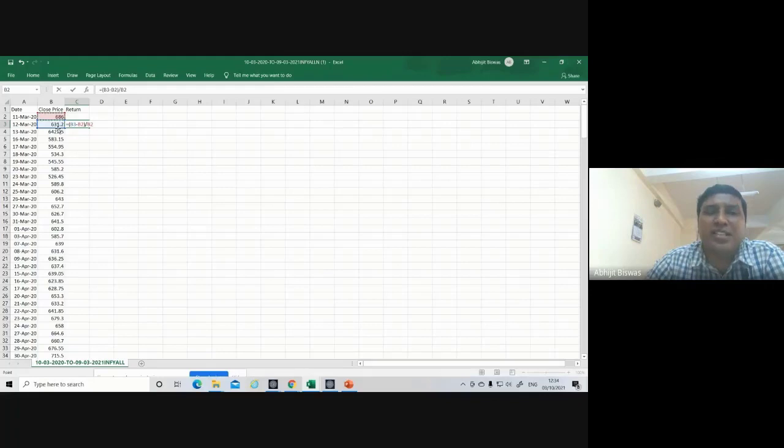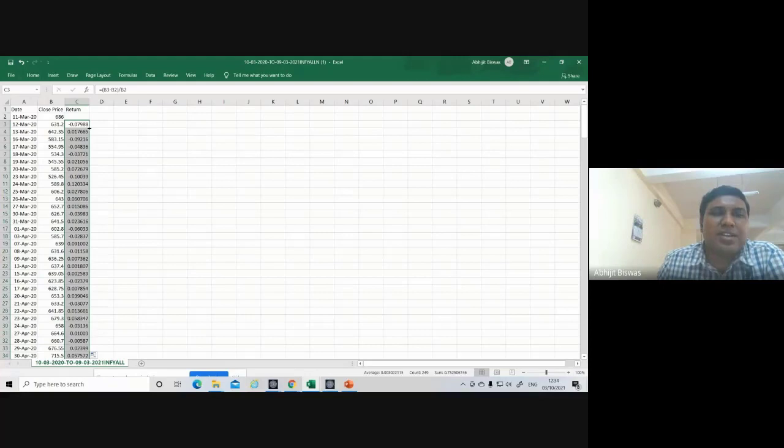So how do you calculate that? 631.2 minus 686, whole divided by 686. So a negative return. Now you can just double click here and this will be replicated for all the other cells. So I have calculated the return.